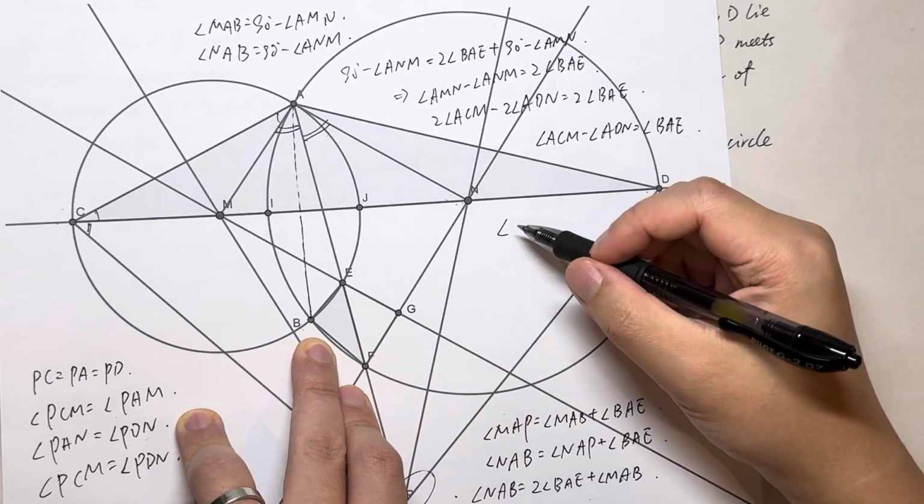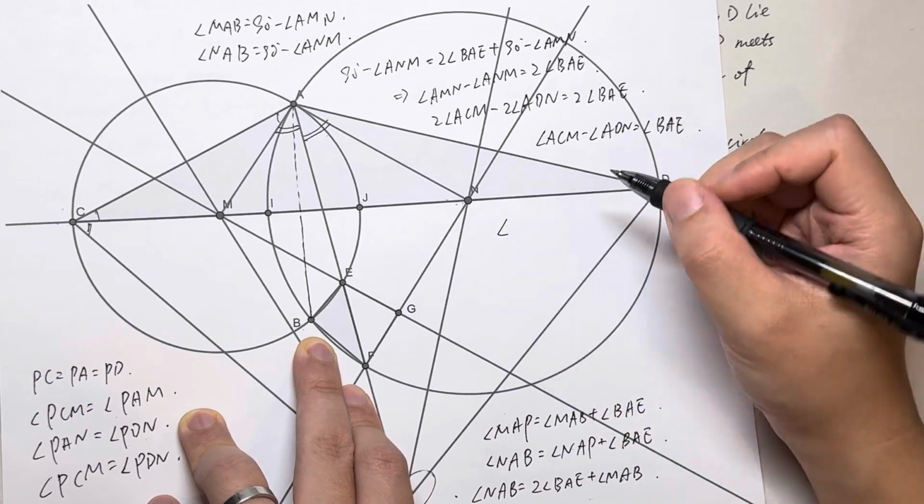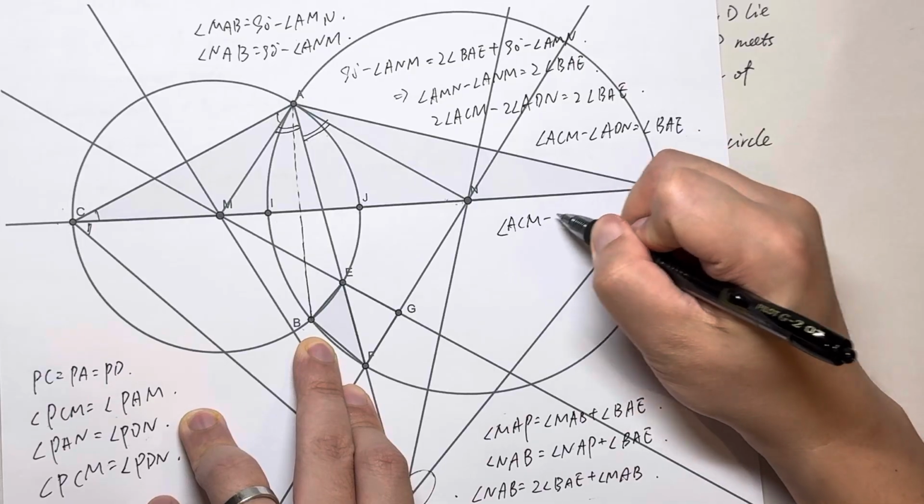Basically, what I'm saying is that from here we get the angle ACM minus angle